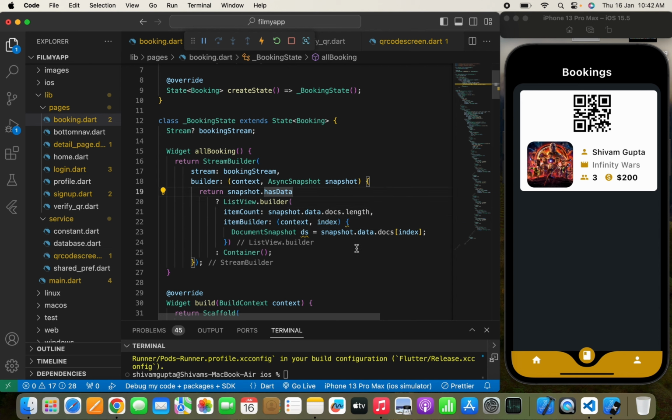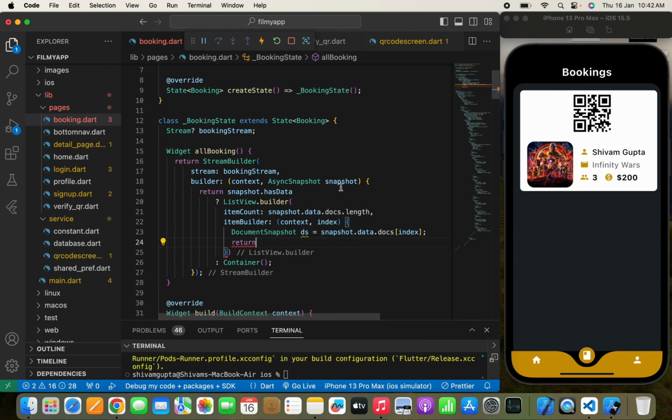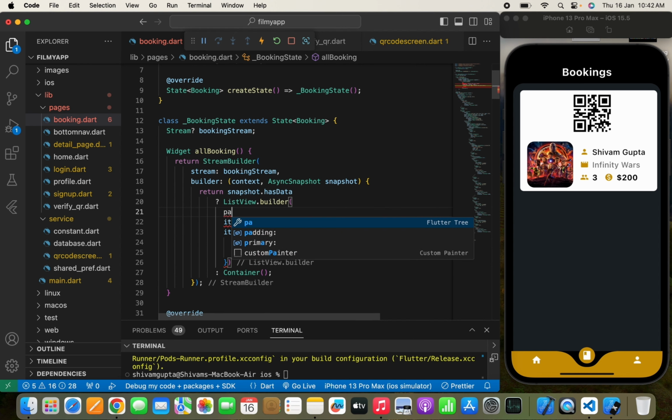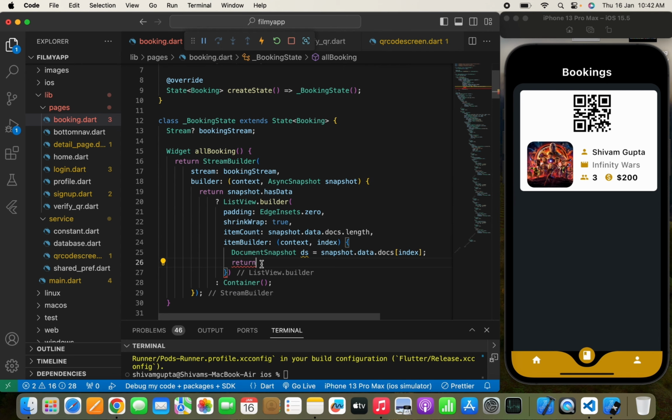Now once we have written this, we just need to pass a return. There are some more things we can pass over here, like if we don't need unnecessary padding, we'll pass padding EdgeInsets.zero. Now once we have passed a padding, we can also pass shrinkWrap, we can set it to true. Now here in the return